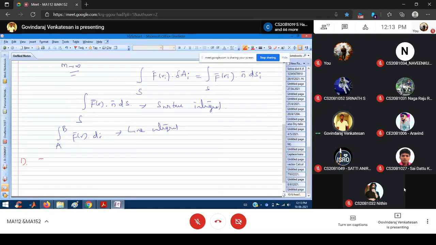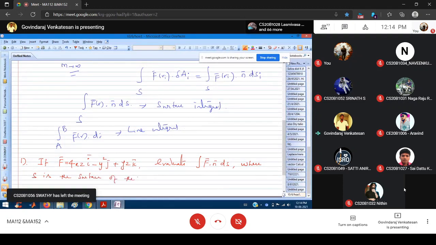So first problem: if I define the vector f as 4xz vector i minus y square vector j plus yz vector k, evaluate the integral of vector f dot n vector into ds, where capital S is the surface of the cube